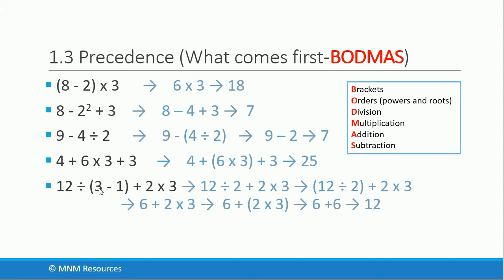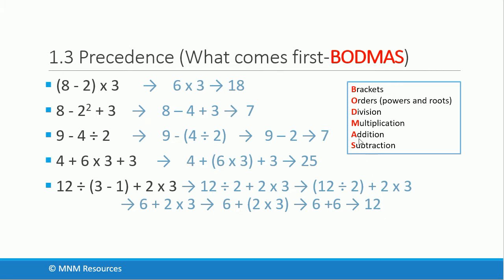1 deducted from 3 gives you 2. We've tackled the brackets. Now we have division, addition and multiplication. Division, multiplication, addition. So division first. So 12 divided by 2 gives you 6. And then we address the multiplication. 2 times 3 is 6 as well, giving you a total, once you add the 6 and the 6, of